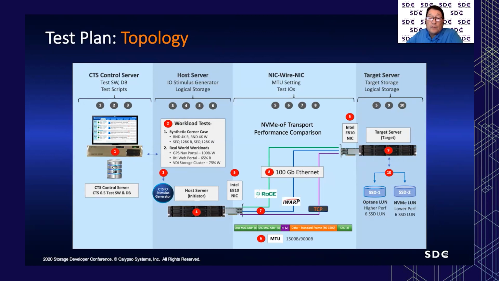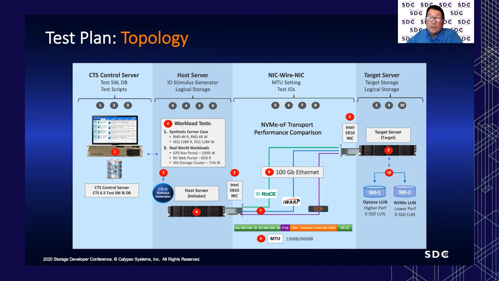In the middle panel, you can see the NIC wire NIC, where we have an Intel E810 NIC on either side, connected by a 100 gigabit Ethernet wire. And we will be sending either standard 1500 byte or jumbo 9000 byte frames across RoCEv2, iWARP, or TCP. The 2 storage LUNs on the right are for Optane, higher performance SSD LUN, and the NVMe lower performance,